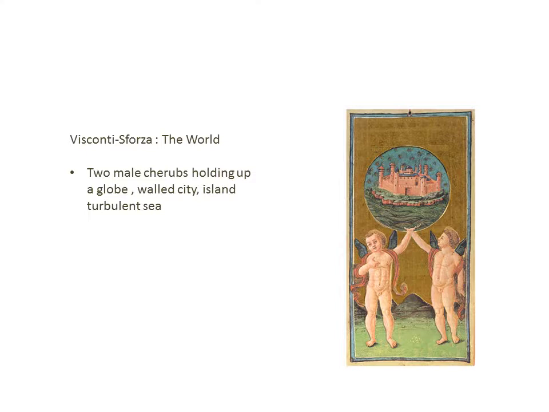And it's really important that we look at this and see that in this 1450 Visconti Sforza tarot, these male cherubs are holding up the globe with the walled city, and the islands surrounded by a turbulent sea. Now, this is important to look at because when we get to the castle that is walled, we also know